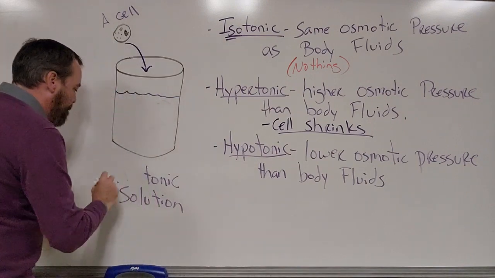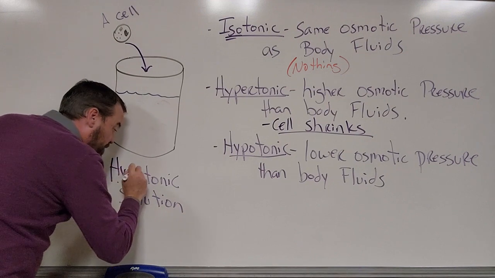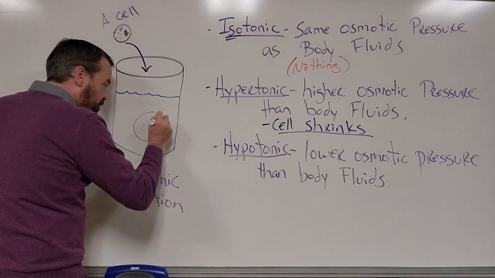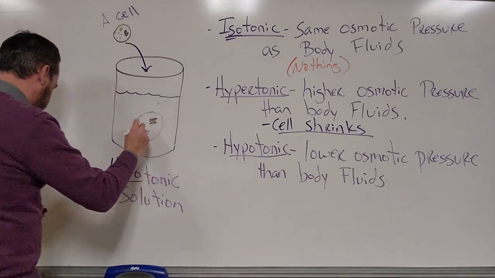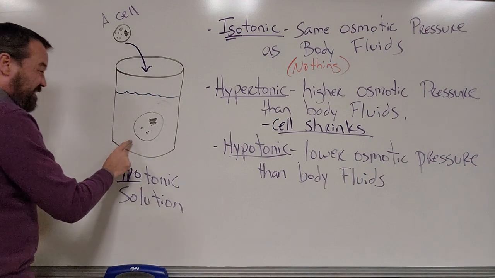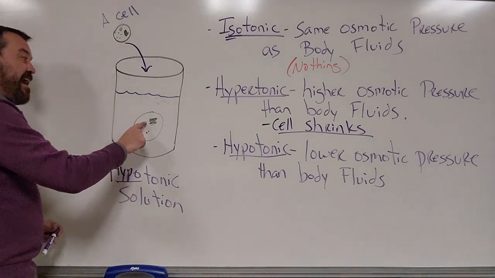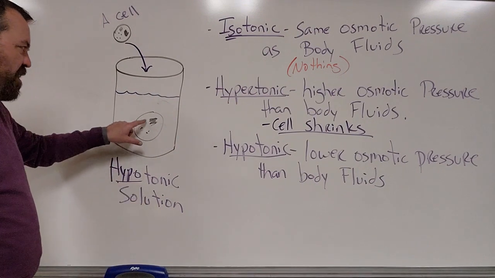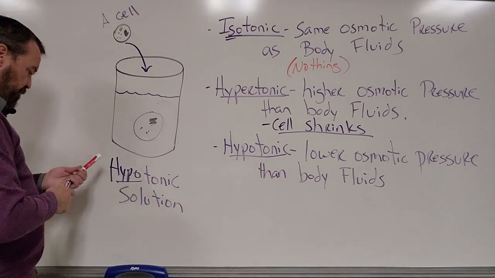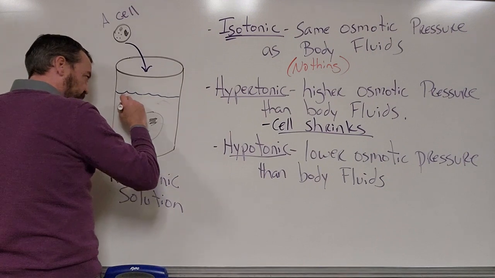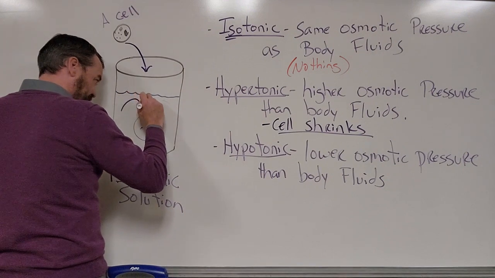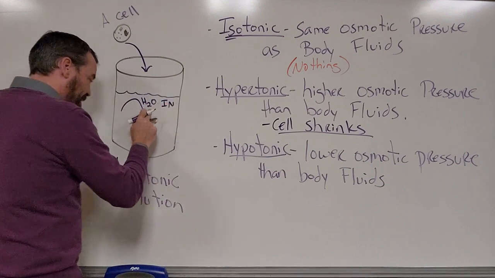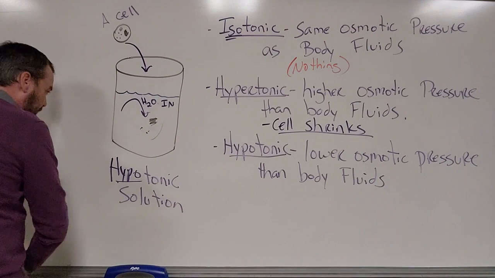And lastly, we have a hypotonic solution. Hypo means low. So what happens if we put a cell in a hypotonic solution? Well, if this is the lower osmotic pressure, that means the solution inside of my cell is hypertonic. If this is hypotonic, this one's got to be hypertonic. So that means water is going to move from the solution into my cell. So water in. Water flows into my cell, and that's going to cause my cell to swell up